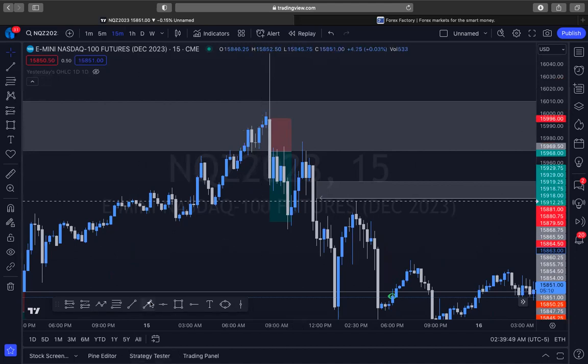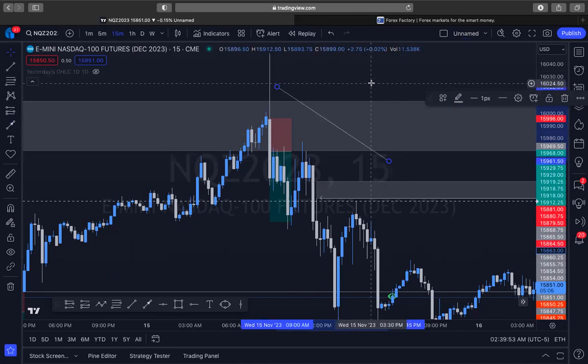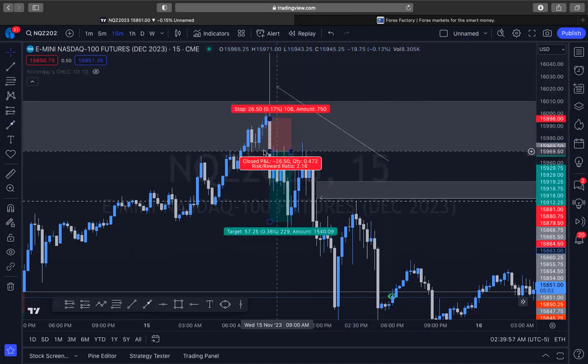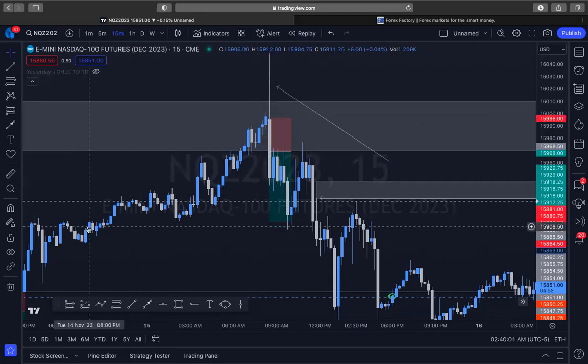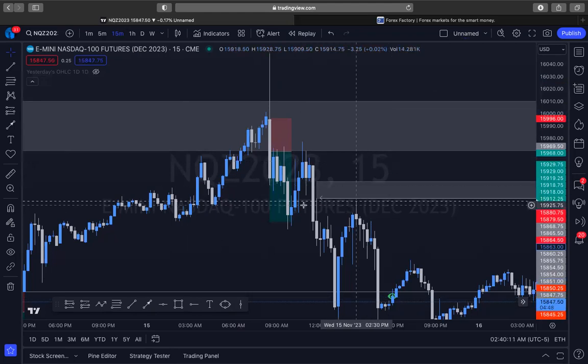All right, so where was I? Here we go. Once I saw this rejection right here, that gave me confirmation that maybe we do want to go lower, right? Why? Because we were already tapping into this volume imbalance. We have already taken the highs, or where stops would have been placed if you were in shorts. Where is it more likely to go? At this point, I wanted to see shorts, right?